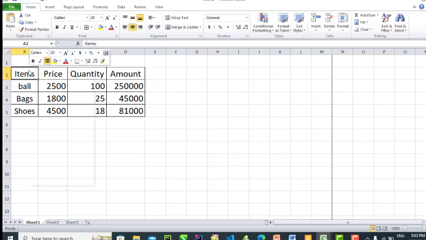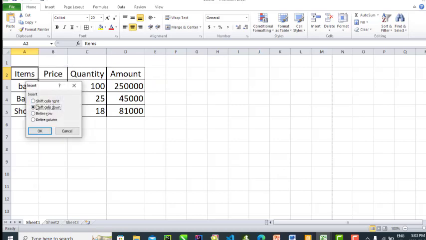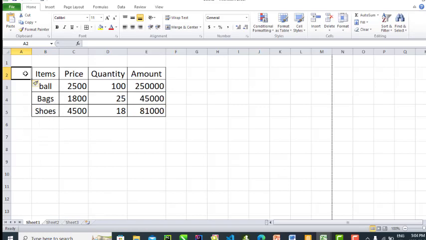So I will say insert entire column, and that will insert it. So here I want to input my serial number. This serial number, I'll give it a property of 22 as well. Now if I put 1 here,